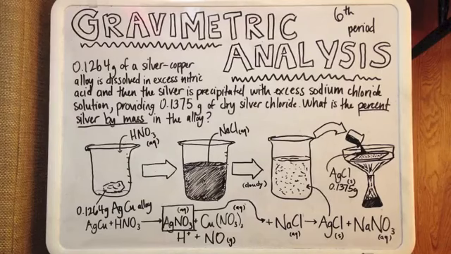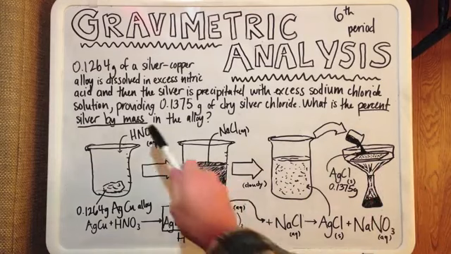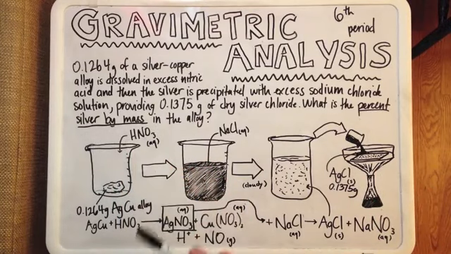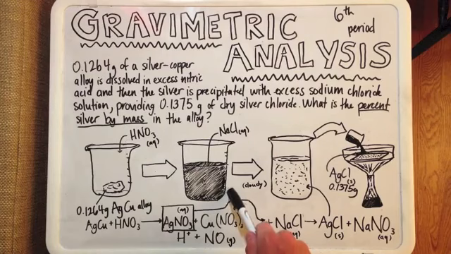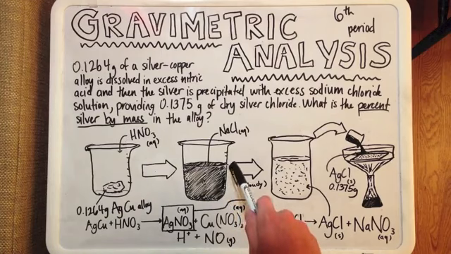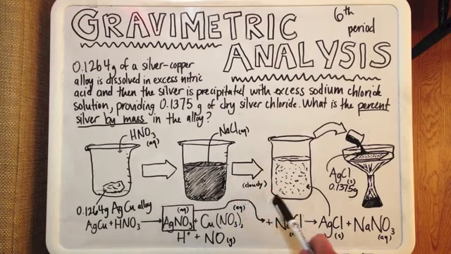Here's a more math-based, more realistic question with the use of actual compounds. You have a silver-copper alloy, and you're trying to get the silver isolated. So with gravimetric analysis, no problem. You have all these aqueous solutions. You use the nitric acid to turn this silver-copper alloy into silver nitrate, copper nitrate, nitrogen monoxide, and that other